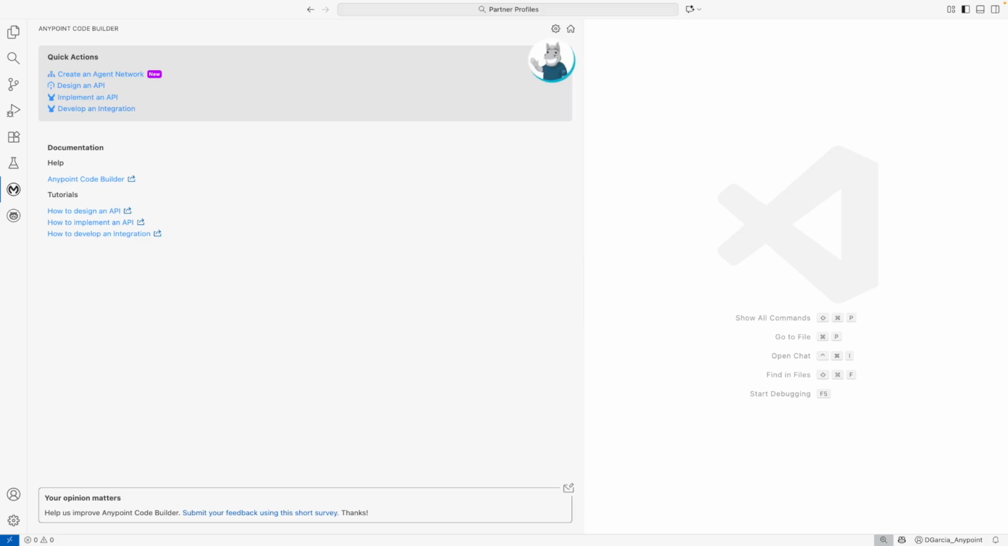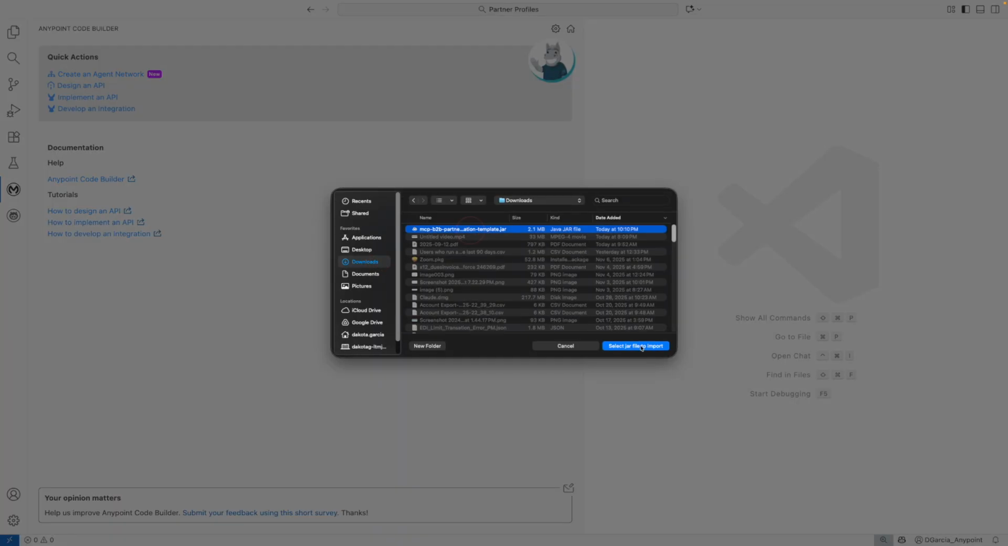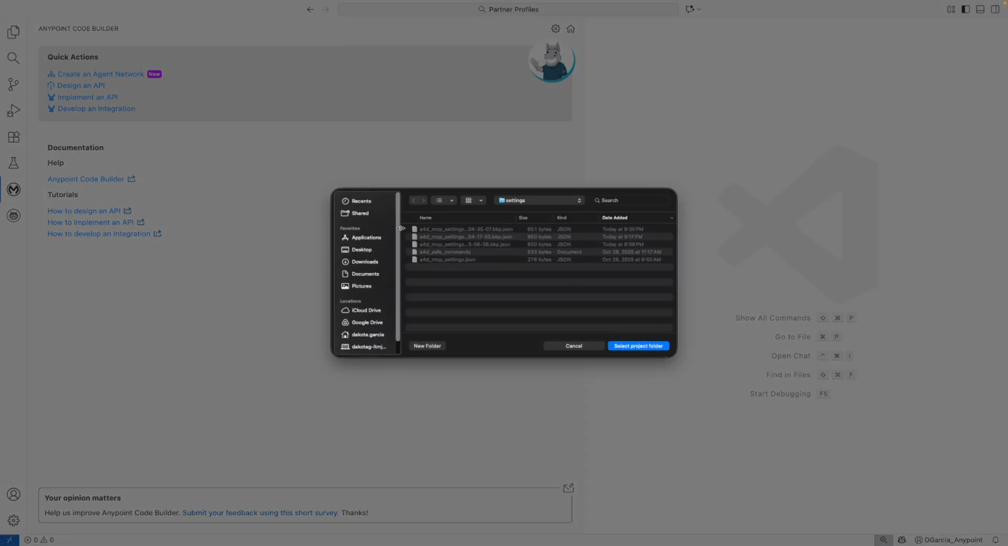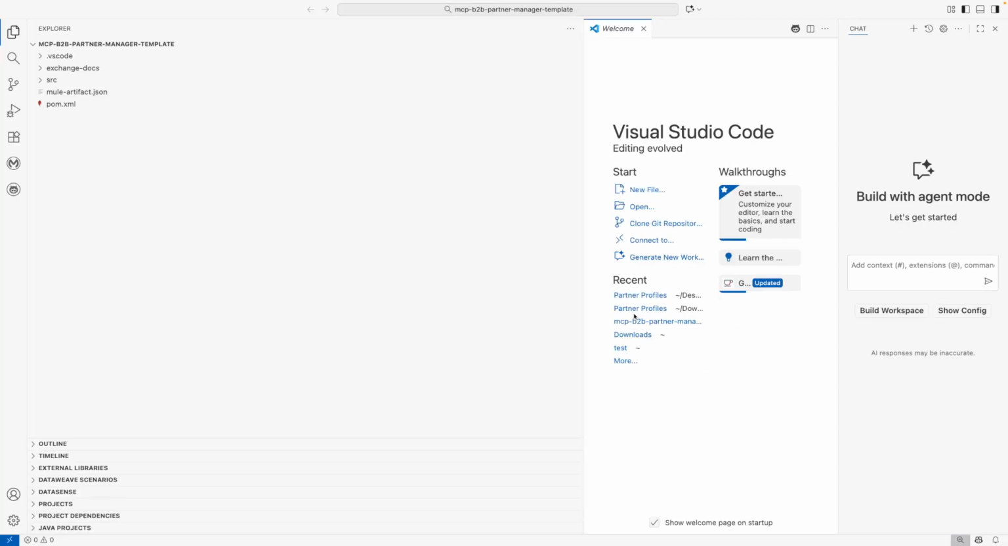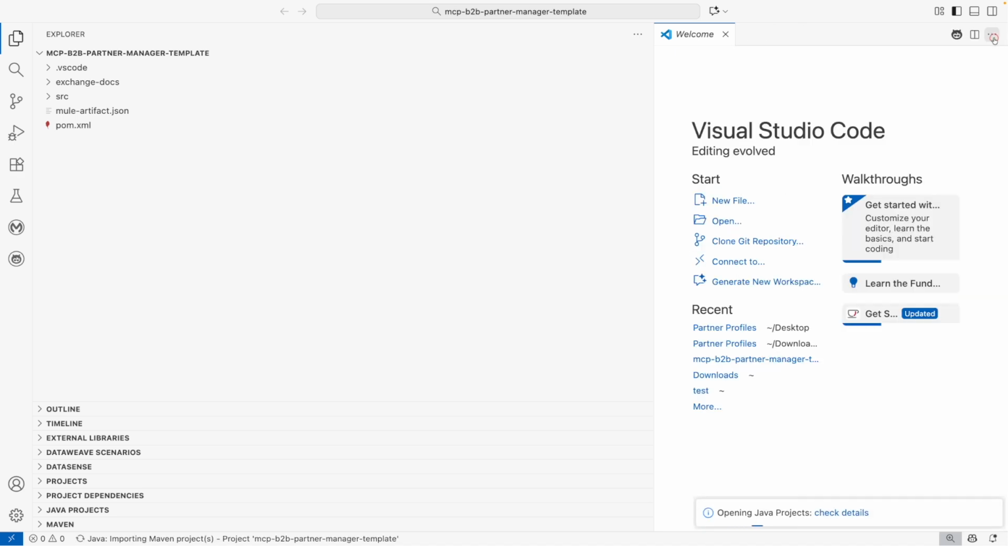So using Command-Shift-P, I'm going to go to my Downloads folder and choose the jar file that I just downloaded. I'm then going to select the directory where I will create my project folder. In this case, I'll choose my desktop. And from here, once my folder is opened up, I can close some of these extra tabs,